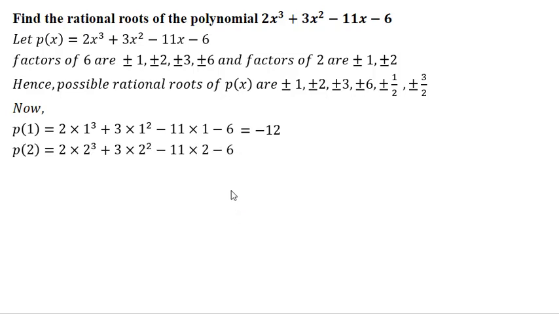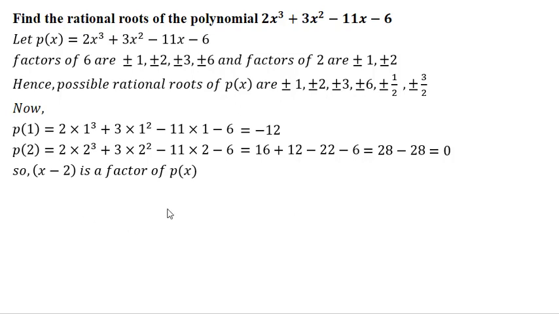Now let us see for 2. I will replace 2 in place of x, and after solving it gives me answer as 0. So I will say that x minus 2 is 1 factor. Now I have got x minus 2 as 1 factor. 2 more factors are remaining that I can do in the similar manner, or I can use the splitting the middle term method. Now again there are 2 methods if I am using the splitting the middle term method.